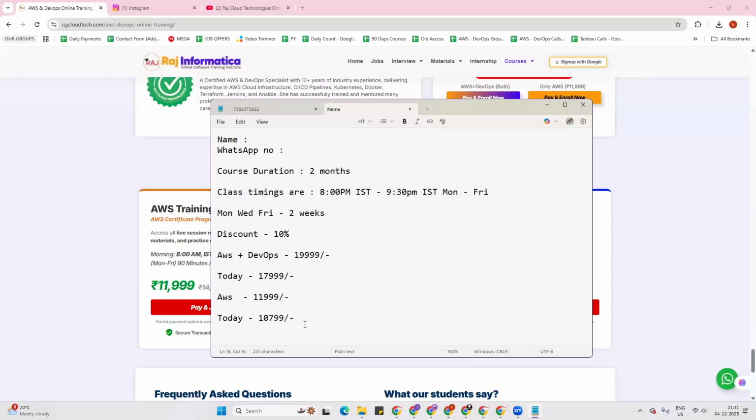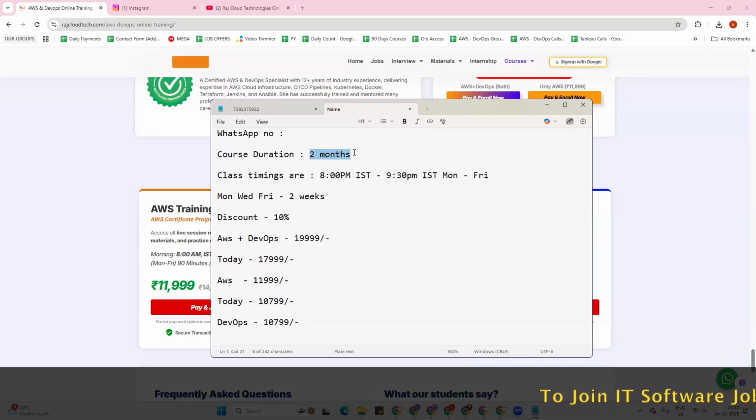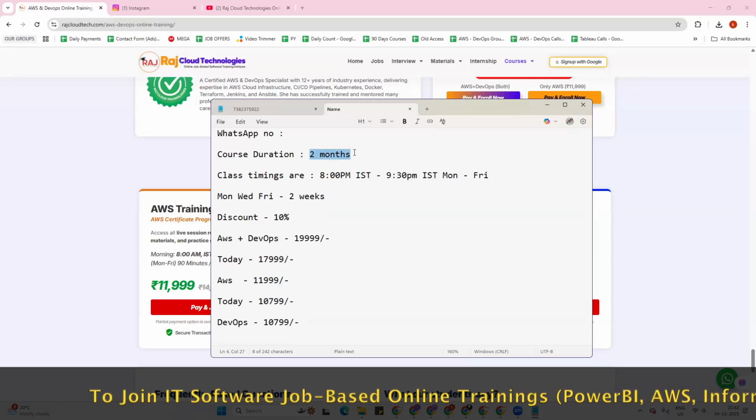Same for DevOps: the actual course price is 11,999, but you will get it today for just 10,799 rupees. This course duration is 2 months. 1 month will go with AWS, 1 month with DevOps. In each module, we cover 2 to 3 real-time projects where you can get complete hands-on experience.